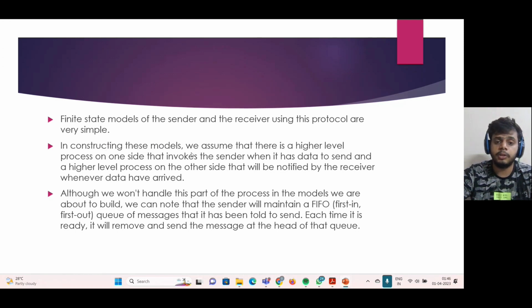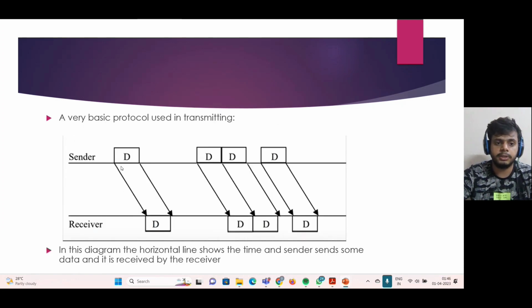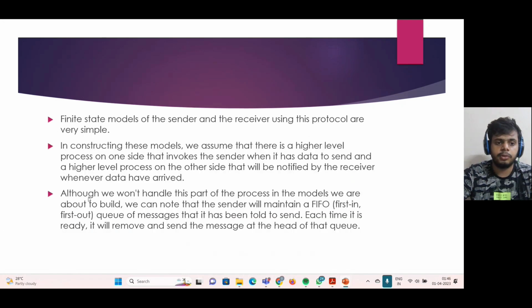In constructing this model, we assume that there is a high level process on one side that invokes the sender when it has data to send, and a high level process on the other side that will be notified by the receiver whenever the data is received. So there is a process which tells the sender to send data, and a process which tells the receiver that data has been received. Although we won't handle this part of the process in the models we are about to build,